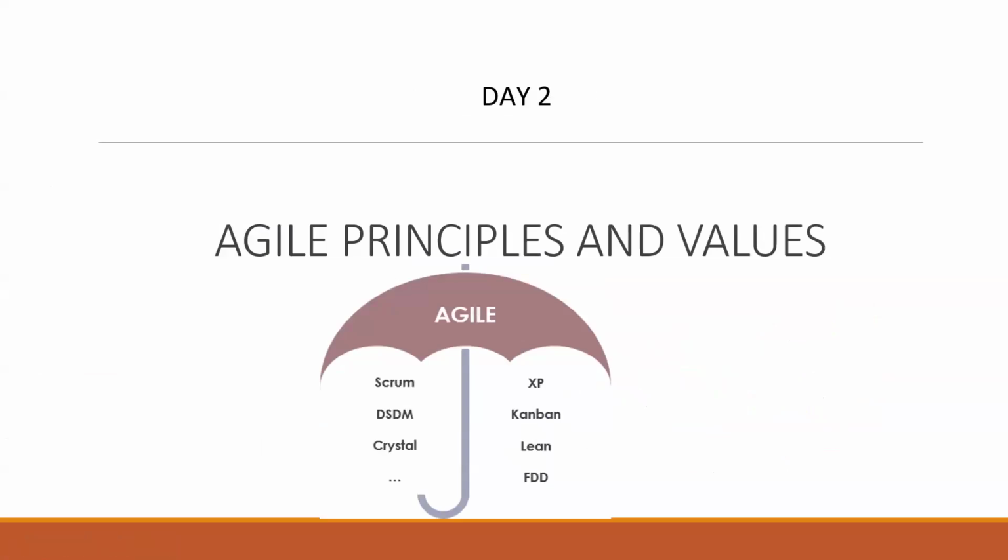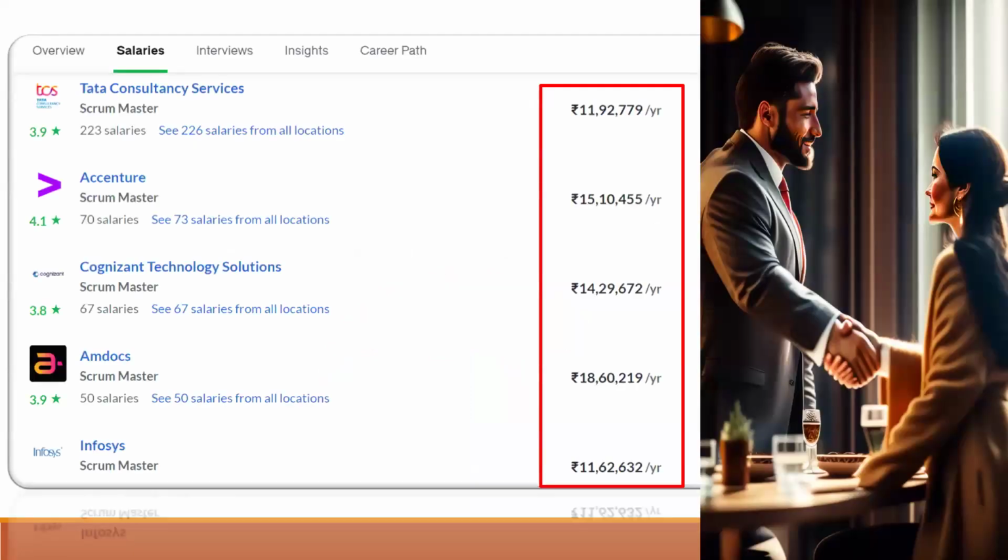Okay, fine. So before we go ahead and talk about Scrum, we should know what the Agile Manifesto actually has. Agile is an umbrella where you have many frameworks, all of which are derived from it, right? So we will try to understand Agile and from there we'll go to the other frameworks such as Scrum. Okay. So this was just me checking how much salaries they were having as of 1-2 months back. Probably it may increase now, but whatever.